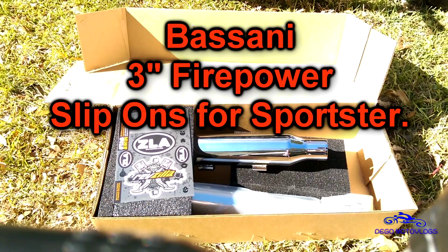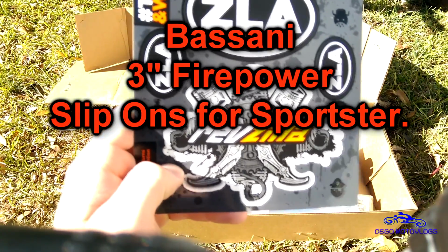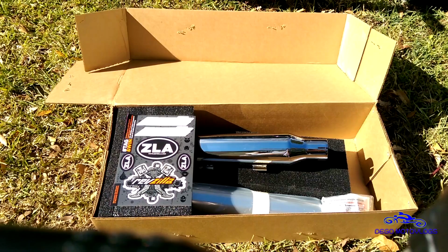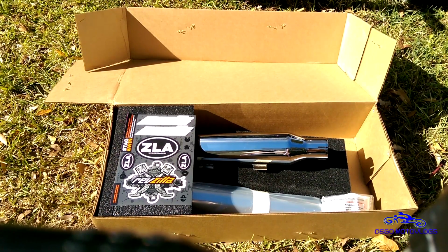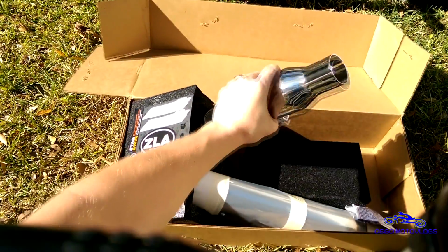So this just came in, in case you're wondering. I did buy this from Revzilla, and I gotta say they're really good. Everything I ordered was exactly the way it was supposed to be, packed good. Came in quick, relatively quick. So in case you're wondering,